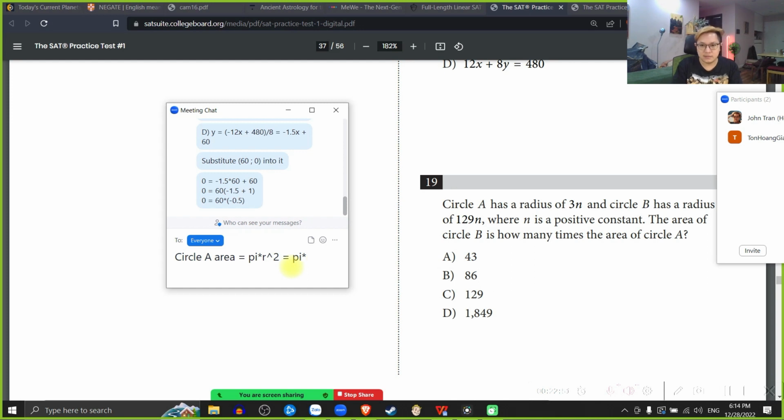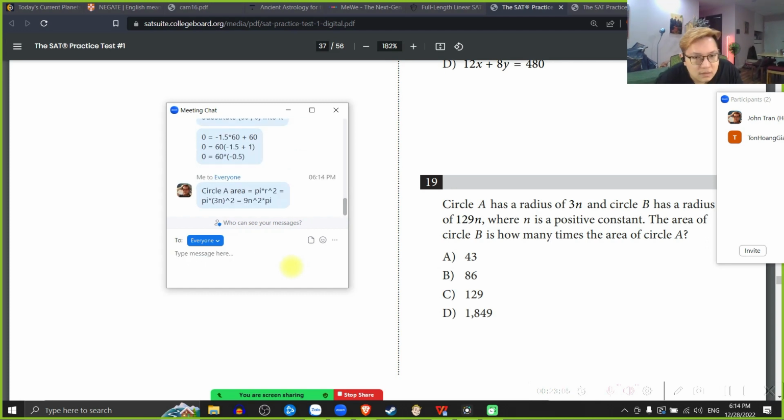R squared here is 3n, and then square it, equal to 9n squared times pi. 9n squared times pi. Circle B area